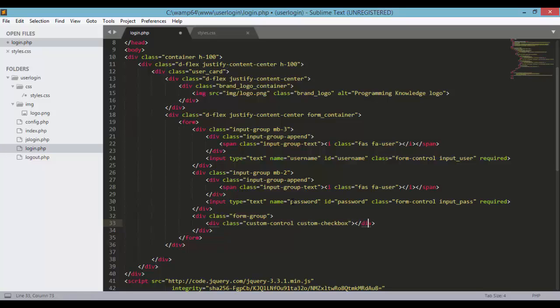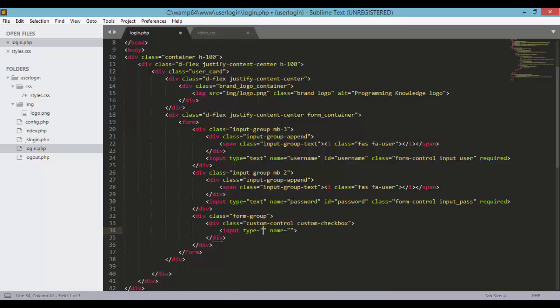Yes. So inside here, let's type in the input type, which is the checkbox, of course, and for the name, let's just add the name. So remember me, and the class will be custom